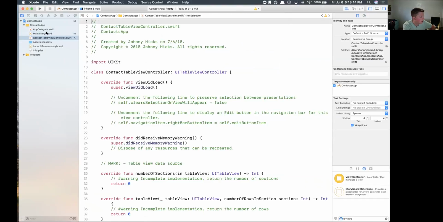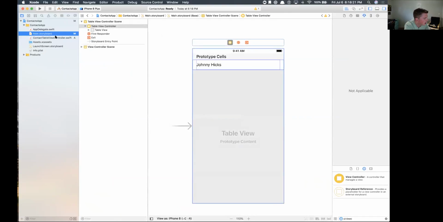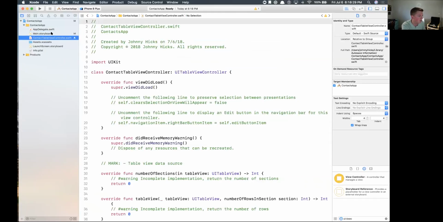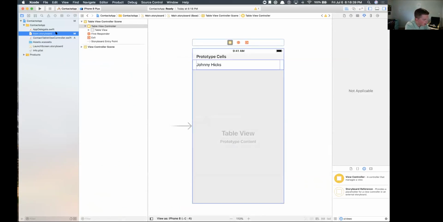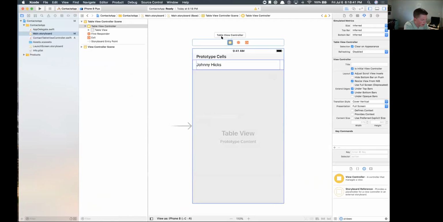And then you'll see up here in the project navigator that we have our contacts table view controller. And now we've got our Main.storyboard, and we actually need to go in now and connect our table view controller to this contacts table view controller so that we have our visual element connected with our programmatic element, okay? So let's go back into my Main.storyboard, make sure that you've selected your table view controller. And then if you click on this identity inspector here, this will allow us to set the class